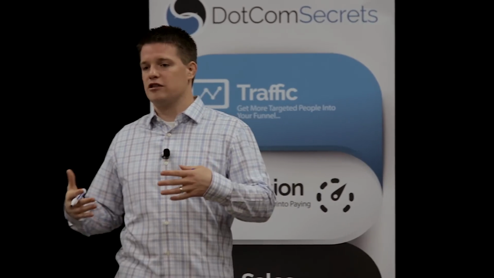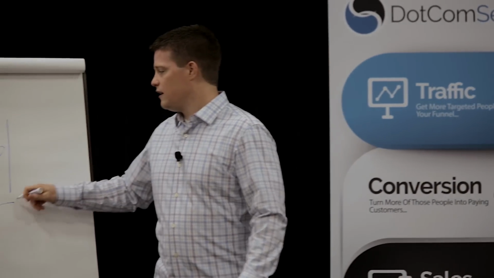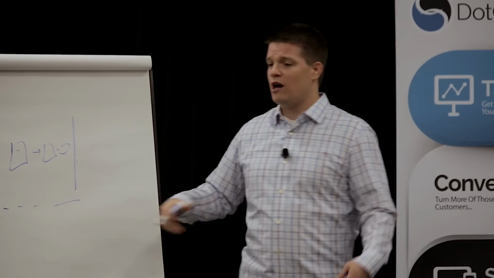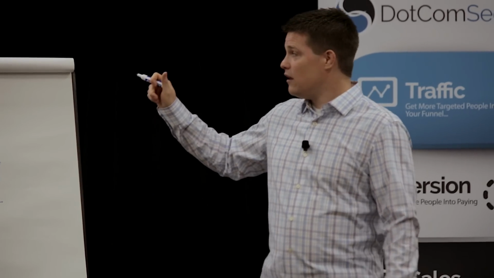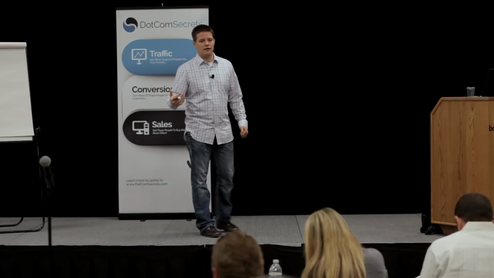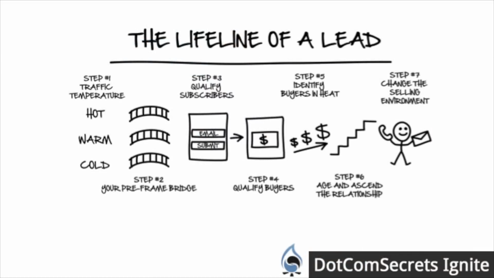All those things that we talked about yesterday will be happening right here. And now they're here at this point. Now I'm building this relationship. My next step on number 6 is I need to age and ascend that relationship. Okay? So what just happened in the first 5 steps is, if you look in the dating world, you went out, somebody introduced you to their friend, you met her, you got her phone number, you qualified her as a subscriber, you gave her a kiss, you qualified her as a buyer, she kissed you back, she's a hyperactive buyer. All right, this is a good thing, right? So now we got to age and ascend that relationship.